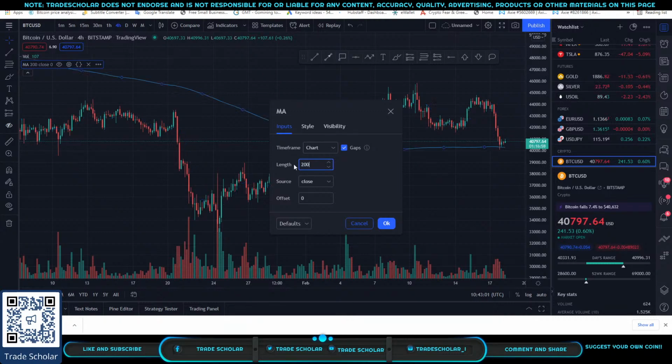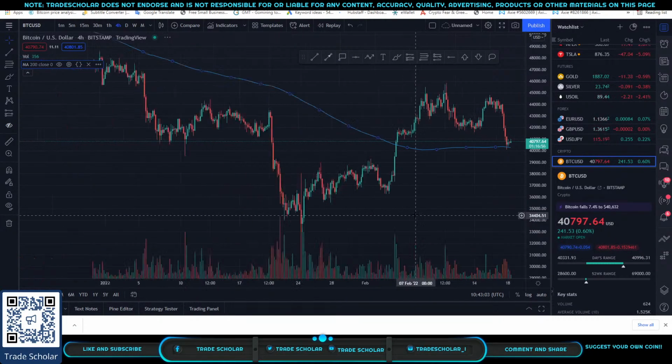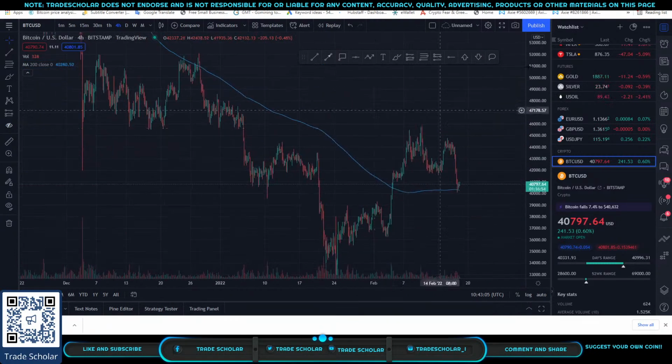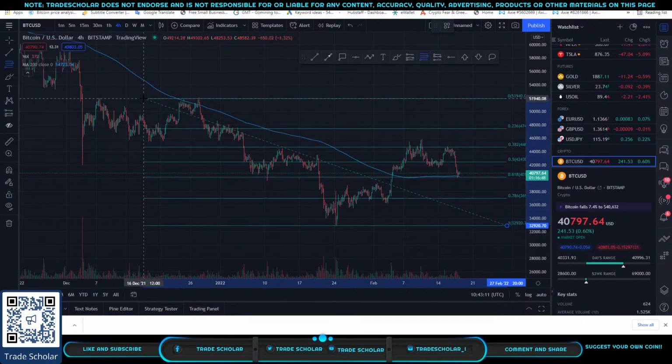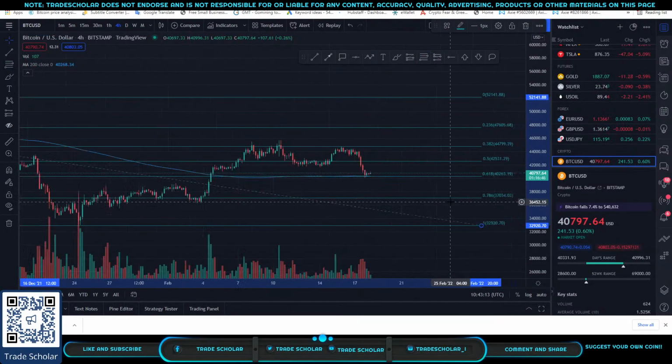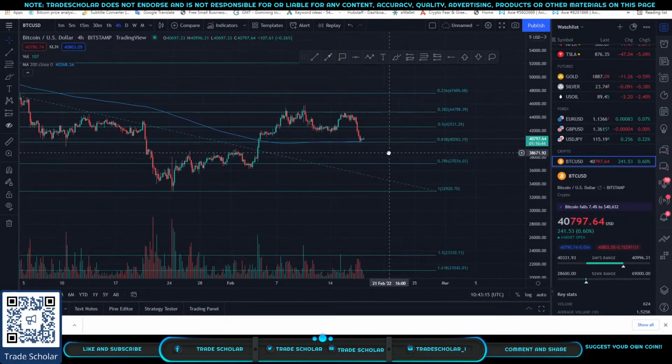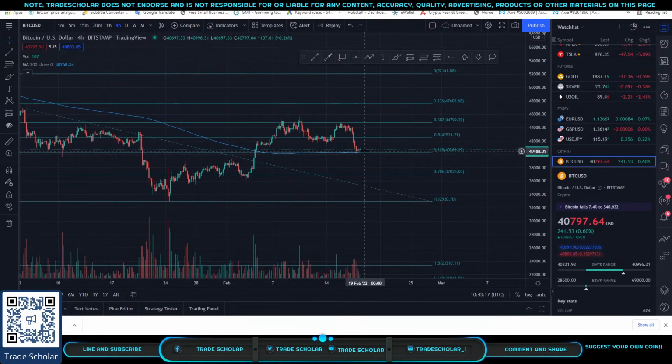We just need to find that Wyckoff market cycle. So this is our chart right here. We find support here. We'll have at least